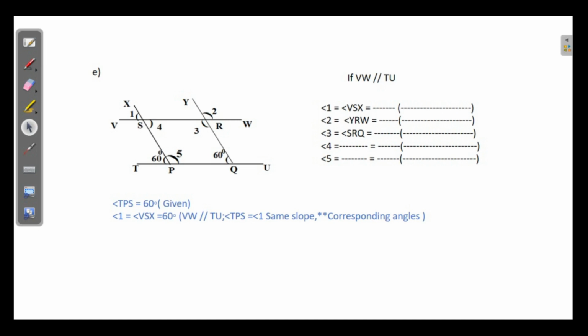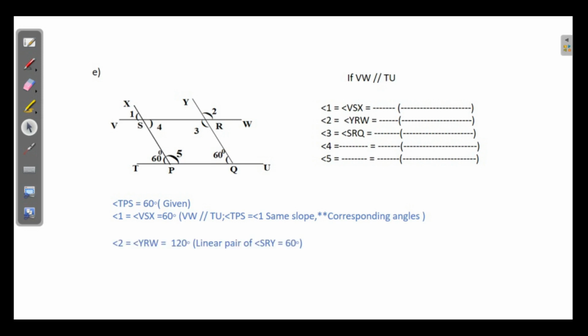Next one is angle 2. Angle 2 is here. These two angles are equal, that we have learned from here, 1 and 60. Similarly, the 60 degree and here also 60 degree. If this angle is 60 degree, what would be the measure of this angle? That angle will be the linear pair of 60 degree. So it will be 120 degree. That we will write here.